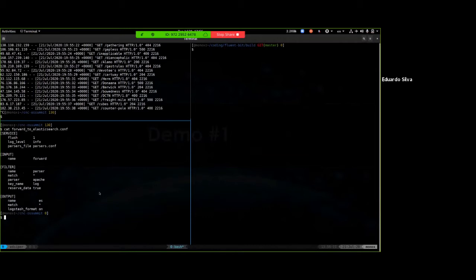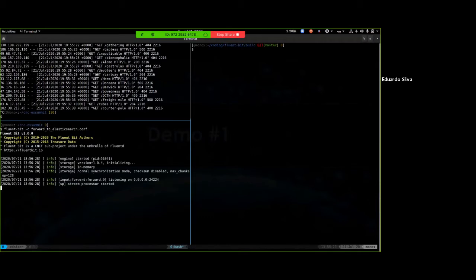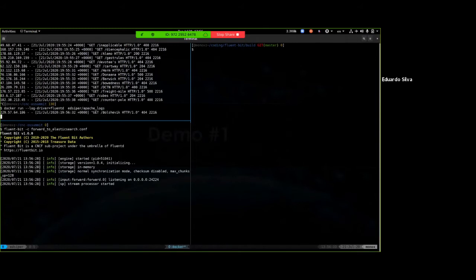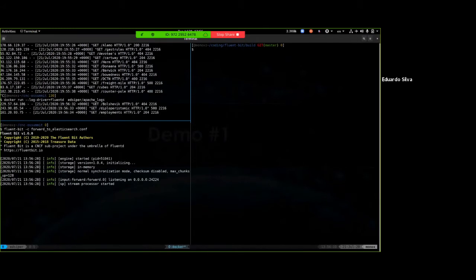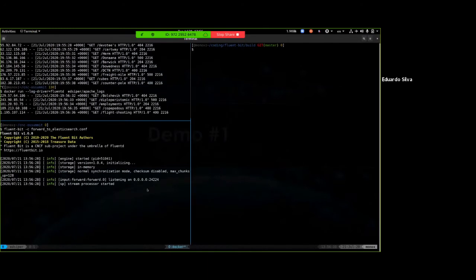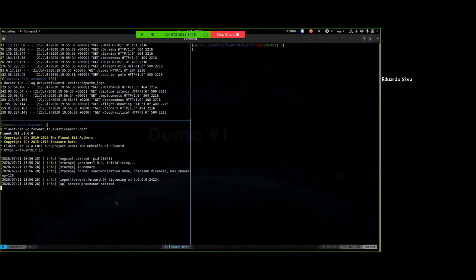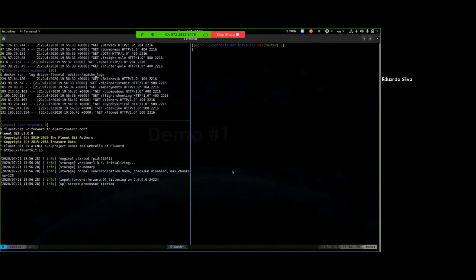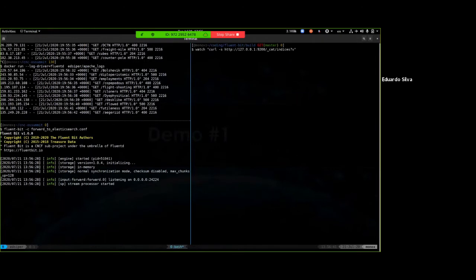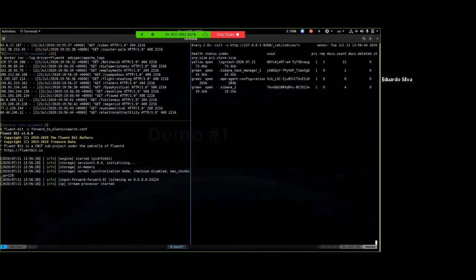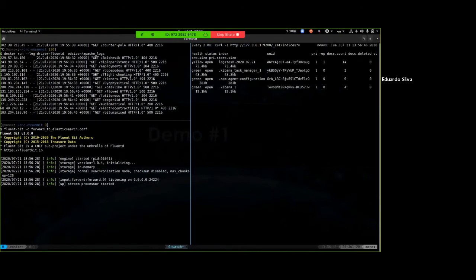So again, we just start Fluent Bit and we just switch the configuration file. And then we just run again our container that is generating logs. And of course, we are not going to see anything on Fluent Bit output because we are redirecting all the logs to Elasticsearch. And here in the other tab, we are going to watch how the messages are being ingested